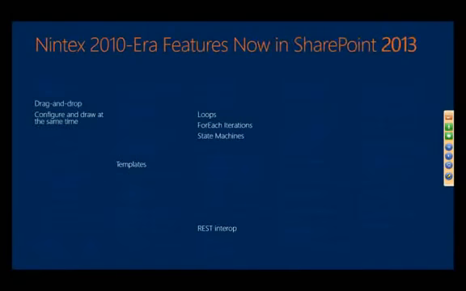This is the list of features that were added out of the box in SharePoint 2013 that we already had available. It's just a couple of things. It's a really, really, really short list. There's a whole bunch of stuff that's still on the table, and I'll flip this around in a second, but